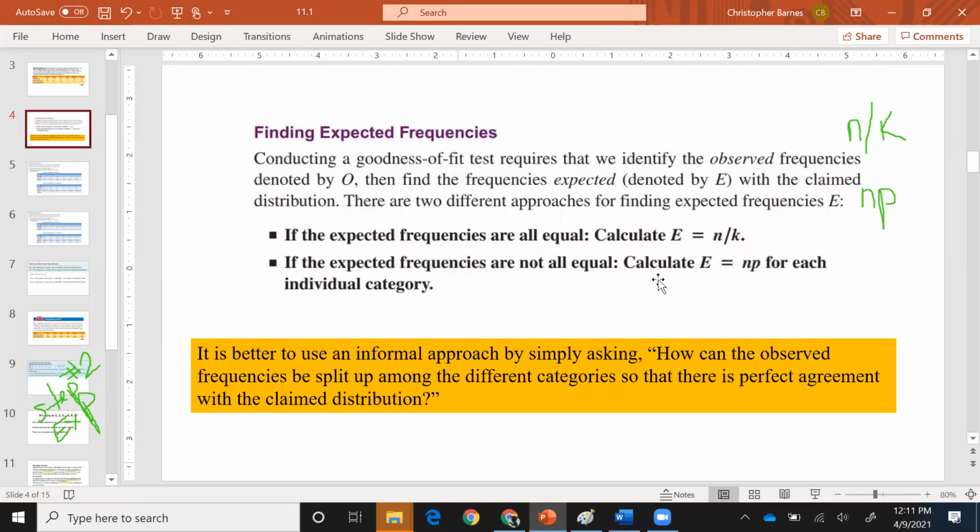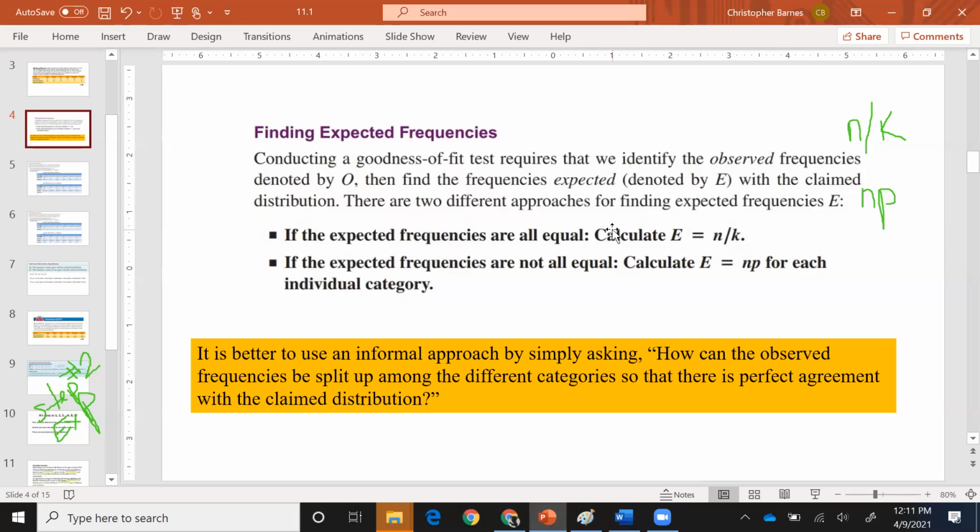Exactly, and it's consistent with this right here. This is kind of like the fact. As long as people are going off this fact, you always have to go back to the source information. It says that they're not equal right here. So it's NP. If the probabilities were all 0.25, then you would go with N over K because the probabilities would show they were equal. Exactly. And I'll have this picture on the slide in PowerPoint, so Deja, I'm not needing you to remember it off the top of your head.